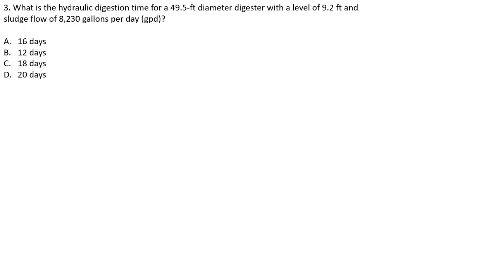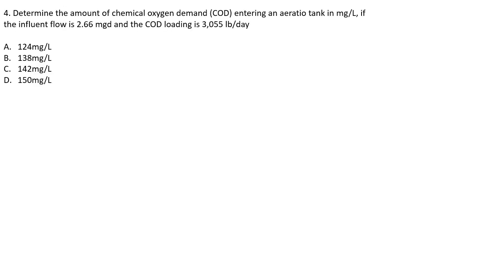Question 3. What is the hydraulic digestion time for a 49.5 foot diameter digester with a level of 9.2 feet and sludge flow of 8,230 gallons per day? A. 16 days. B. 12 days. C. 18 days. Or D. 20 days. Question 4. Determine the amount of chemical oxygen demand entering an aeration tank in milligrams per liter if